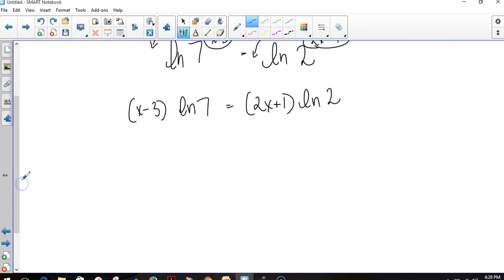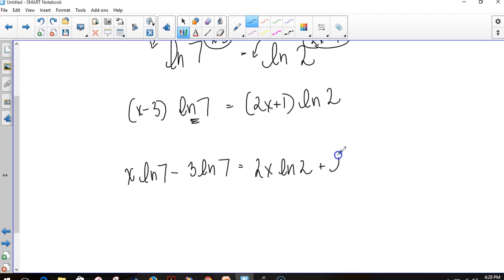Now I'm going to distribute. But I'm going to leave the ln behind the number and the x, like it looks like over here. So I wouldn't say ln 7 times x. I'm going to say x ln 7 minus 3 ln 7. So that way the x and the 3 don't accidentally sneak their way inside of the logarithm as I'm writing this. I'm going to do the same thing on the right. So I'll have 2x ln 2